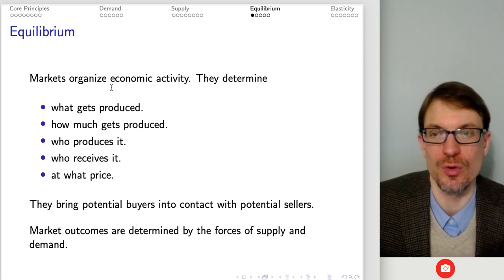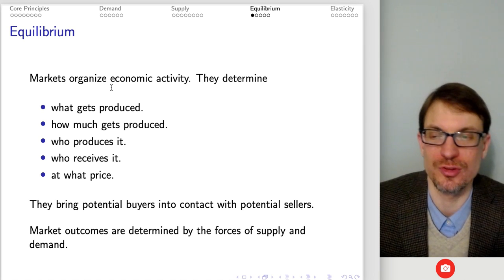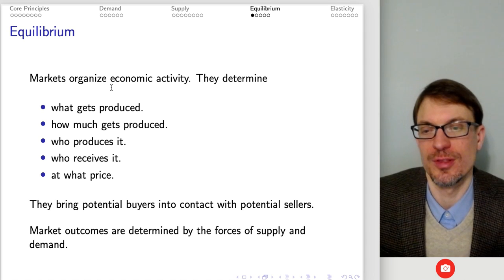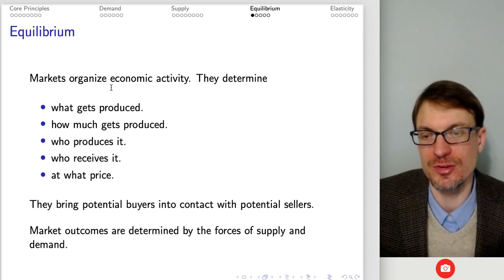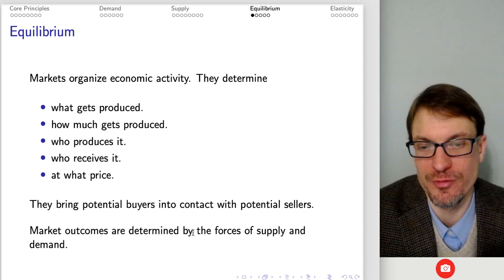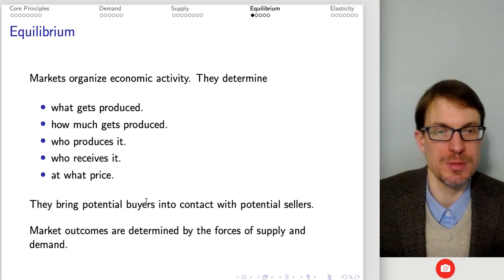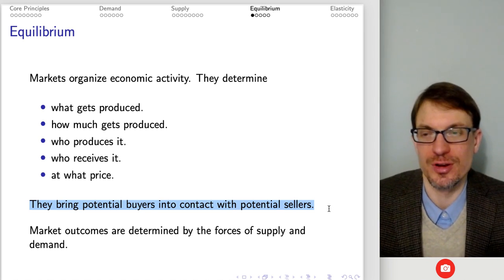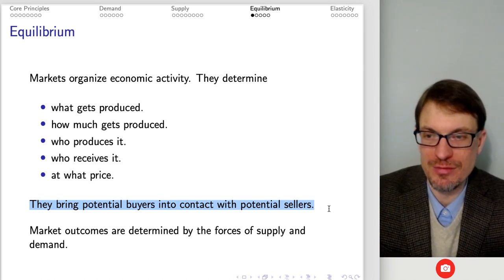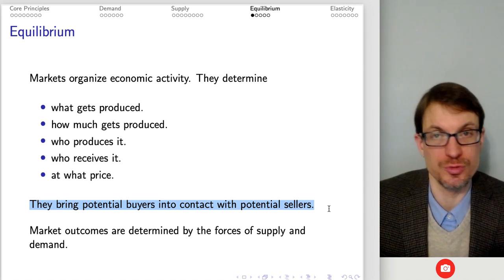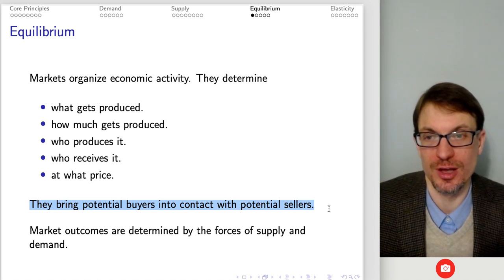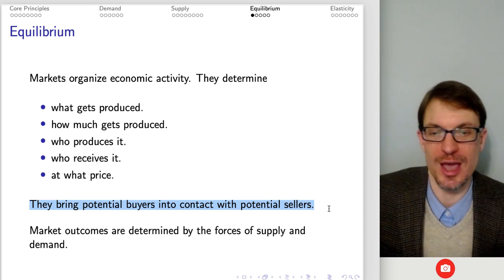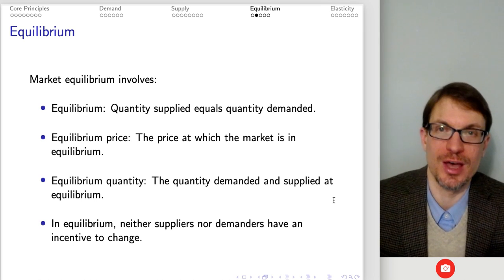All right, so markets organize economic activity. Markets determine what gets produced, how much gets produced, who produces it, who receives it, and at what price. They bring potential buyers into contact with potential sellers, and market outcomes are determined by forces of supply and demand. Basically, we think really broadly about markets. It's where buyers and sellers come together for exchange. So there can be all different types of markets: formal markets, informal markets, markets with prices, markets with no prices. Basically, as long as there's economic activity and as long as buyers and sellers are coming together in a decentralized fashion, you've got the foundations